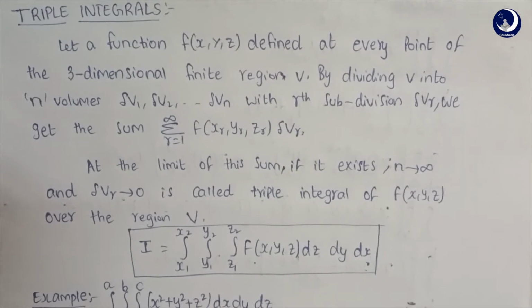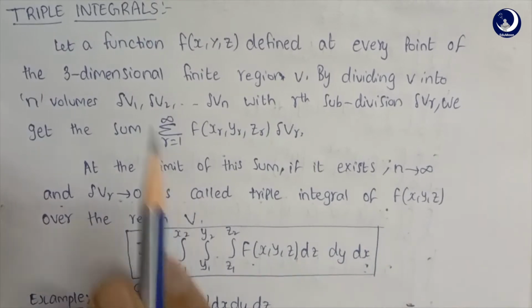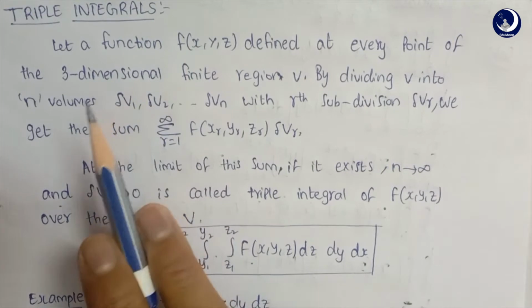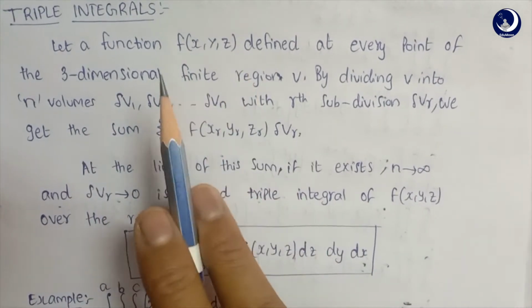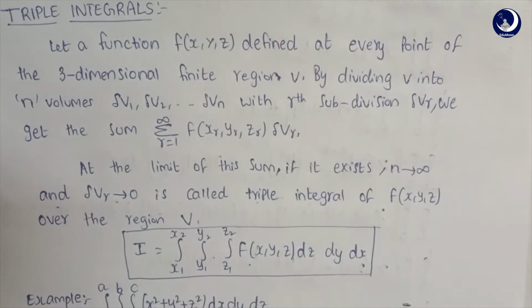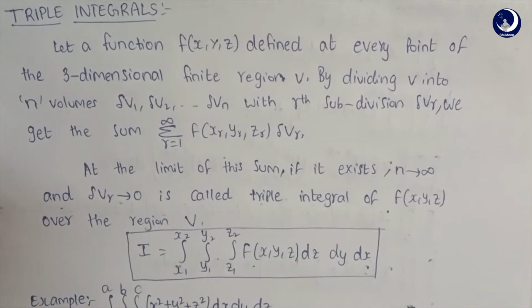Now we have to discuss the topic of triple integrals. After double integration, we move to triple integration. In this topic, there is a small change between double integrals and triple integrals. In double integrals, we take the integral over an area. Here, we have to take it over a region by varying 3 points in x, y, z.